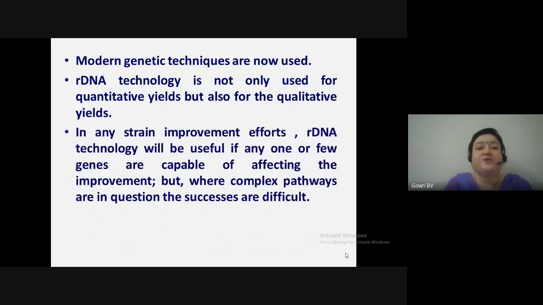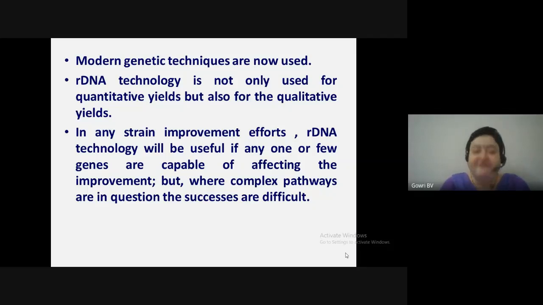In any strain improvement efforts, rDNA technology will be useful if any one or few genes are capable of affecting the improvement, but where complex pathways are in question, the successes are difficult. Let me explain it this way. Recombinant DNA technology is possible only when there are few genes responsible for production of a product. If it is a multi-enzyme system or complex pathways are involved,